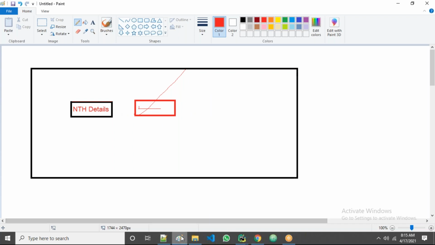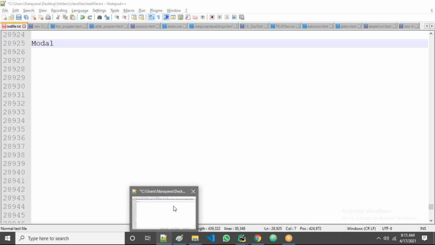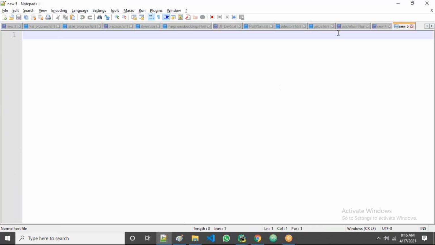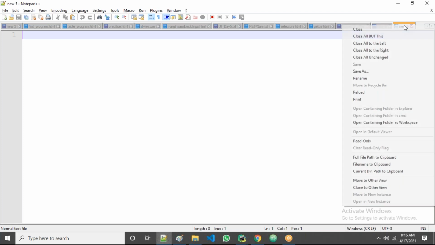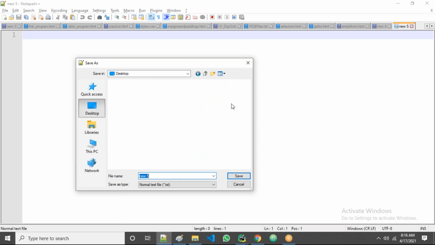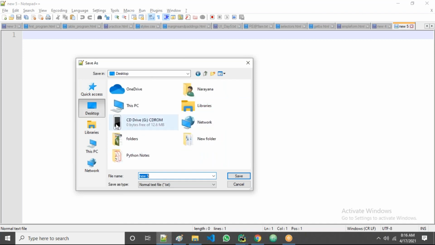Okay, so let us try. Now let us try. I'll open our file. I'll take the new file, Control N. First of all, let me save the file. All of you, we're just using Notepad++, right? So from the next class onwards, we'll change this editor. We'll use either Atom or PyCharm or Visual Studio. We'll change to a different one because for the last 10 days we've been using the same one.